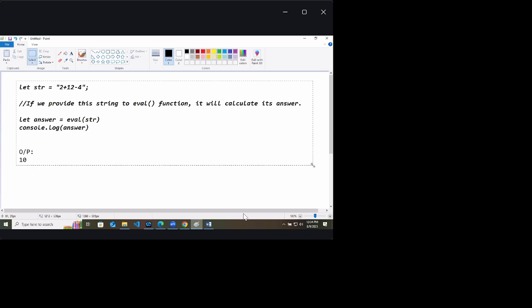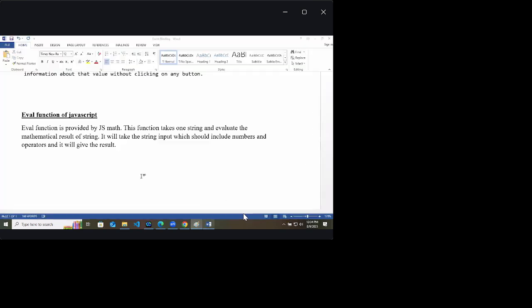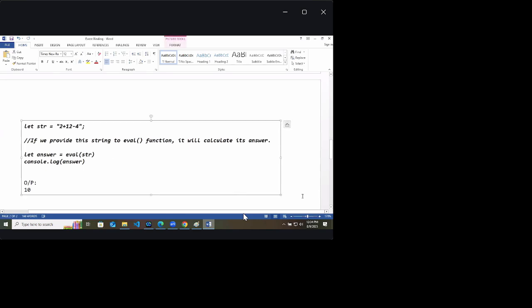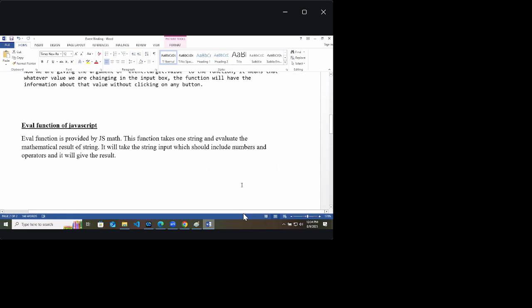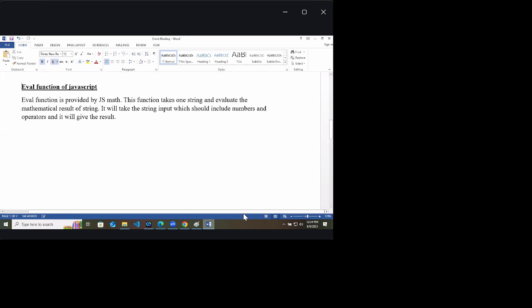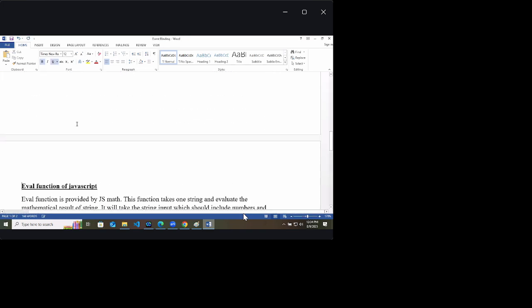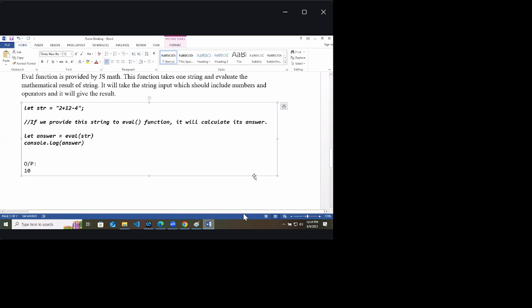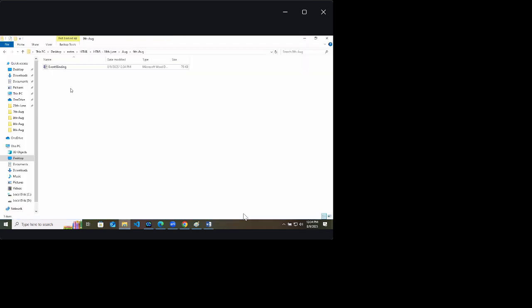But why am I discussing this, right? Because now we are going to build the calculator, a working and full calculator using JavaScript.